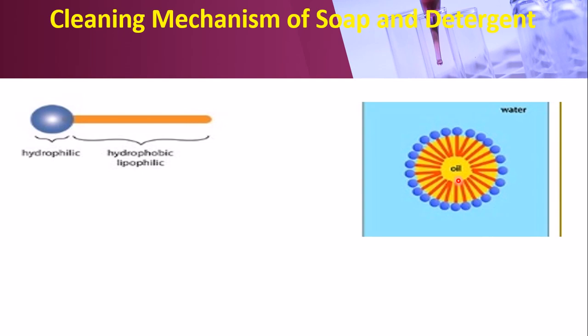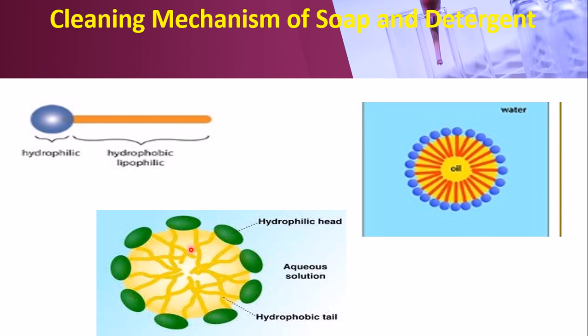When soap is given into water and cloths are given there, then all the hydrophobic parts are dissolved into this oil and they are surrounded by the hydrophilic anionic part. Look, all the tails, the hydrophobic tails, are in the oil or dirt, and the hydrophilic parts cover the oil or dirt. Now I will show you a video. Observe this.